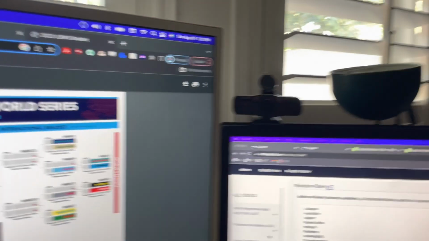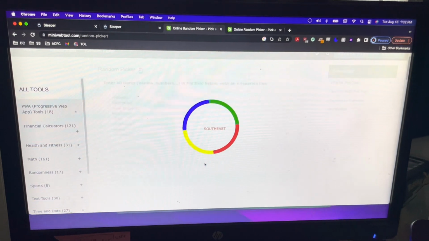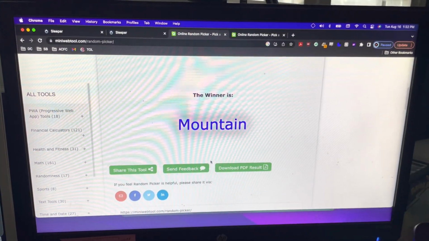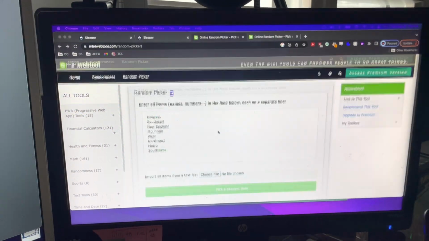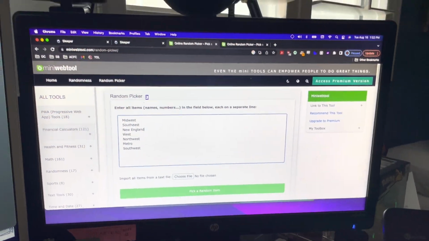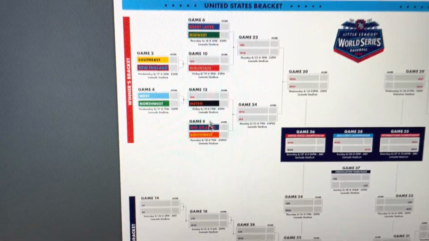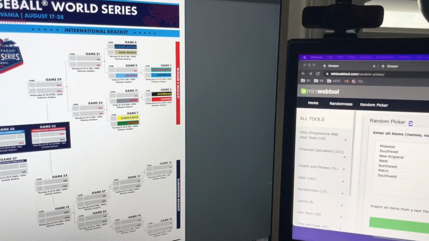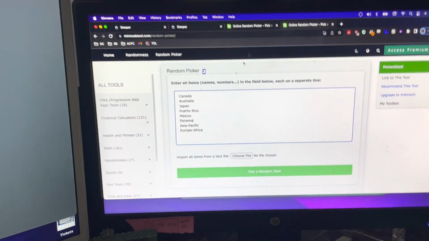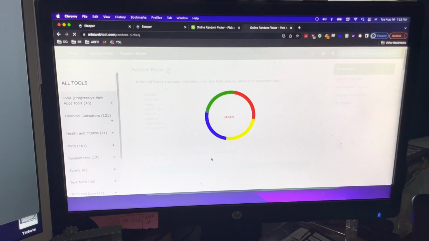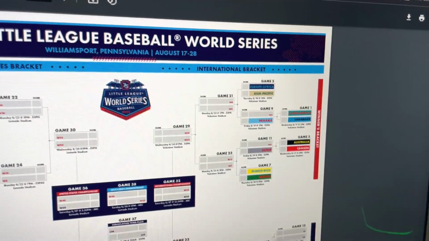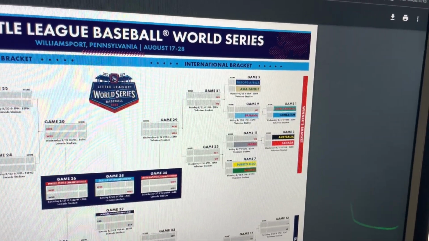All right, now we're moving on to Anthony. Anthony's American team will be Mountain. Deleting it from the list. Mountain is part of the not first 8, so Anthony is still eligible for a first 8. And his international team will be Canada, which is in the first 8. So everybody's gotten 1 of each so far.